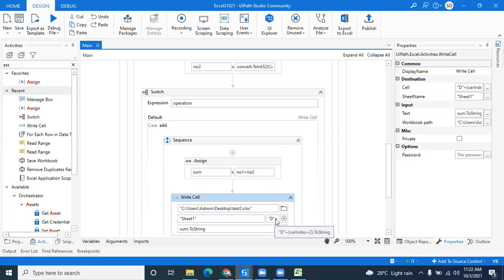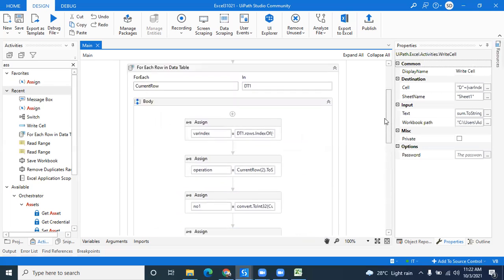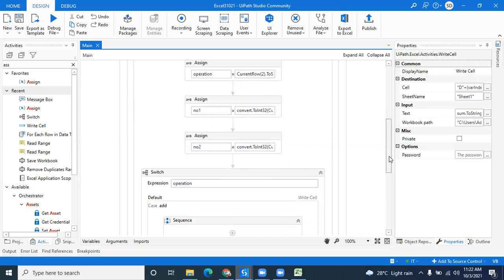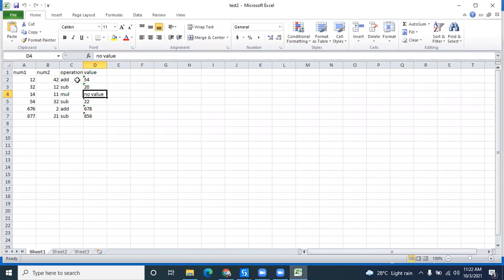Yes, correct. Now variable index is the index variable which we have already created. I told table name dot how many rows are there dot index of current row. So it will move one by one. What is happening here? Initially in the switch it will check the operation.